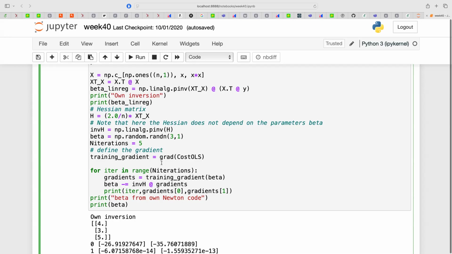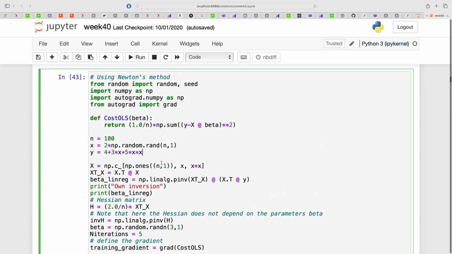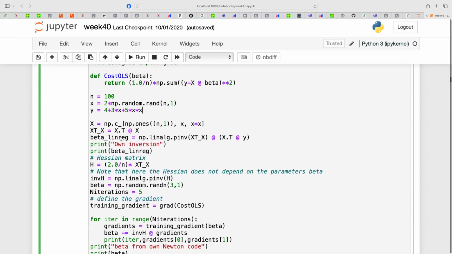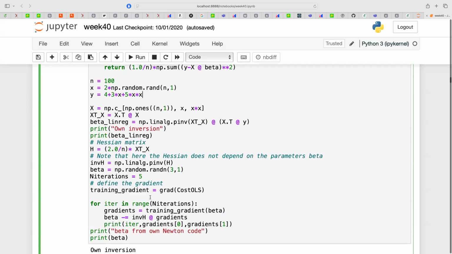So if you now just define the cost function, as I've done here, with a mean squared error, as you can see, this is the one which I defined here, cost ordinary least squares. And then the only thing I do now is simply define the gradient, and then I calculate the gradient as a function of beta here. And if I run this code,